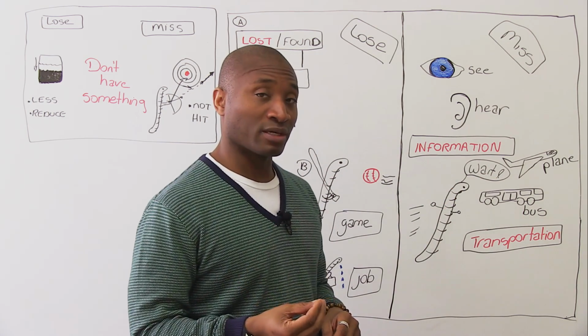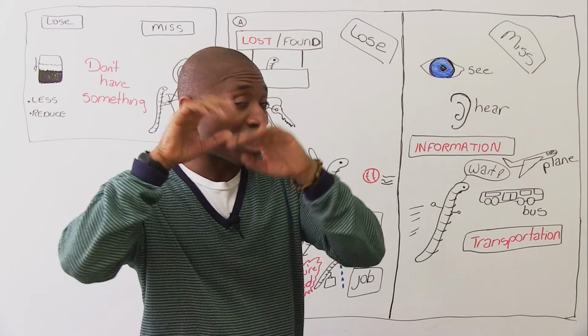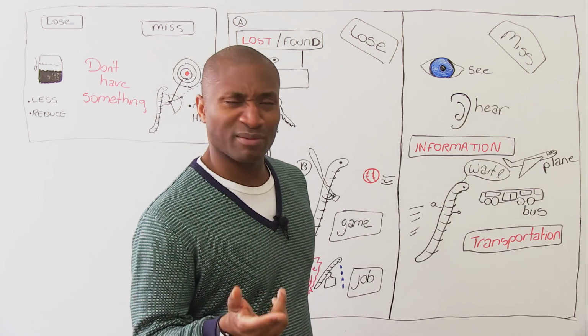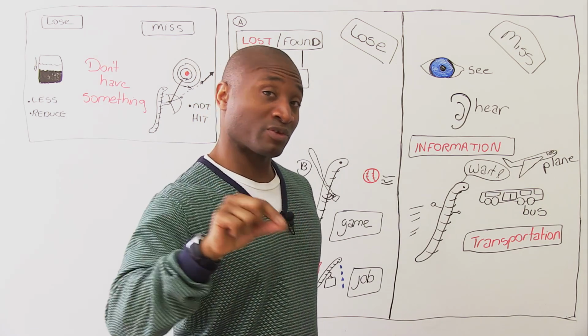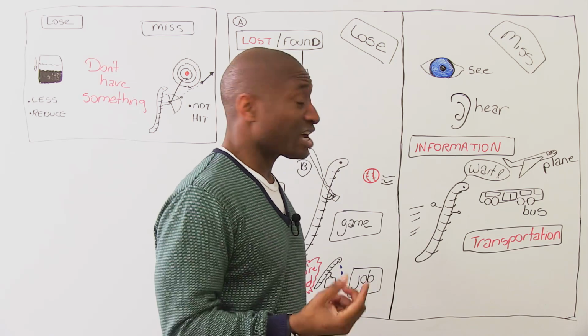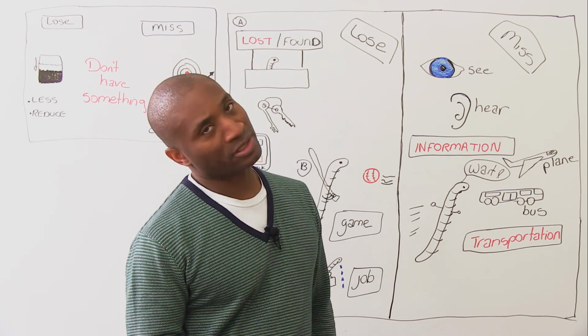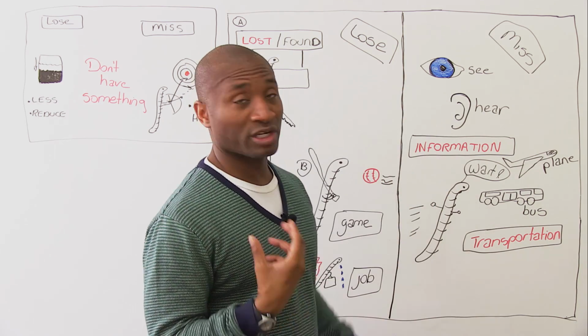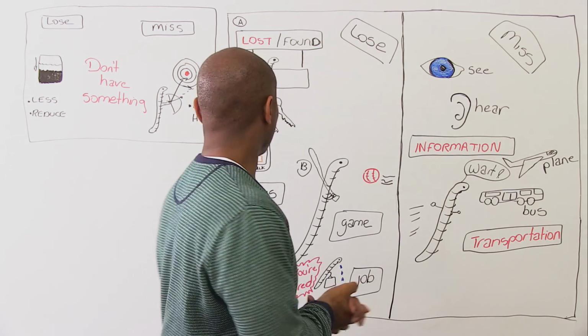So when you miss something, you have to listen for context or how, what, why, and when they're saying it. Did I miss what you said? I'm sorry, I missed that. Can you repeat it? That one was for information. Or I could say, hey, sorry I'm late, I missed the bus. I did not miss information, I missed transportation. Okay? So a quick summary is,